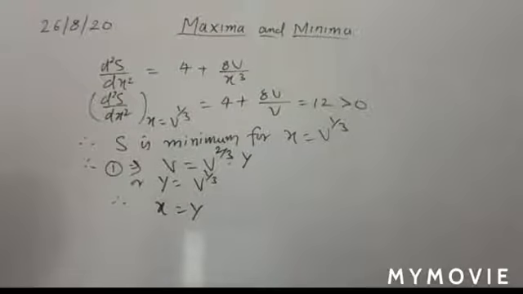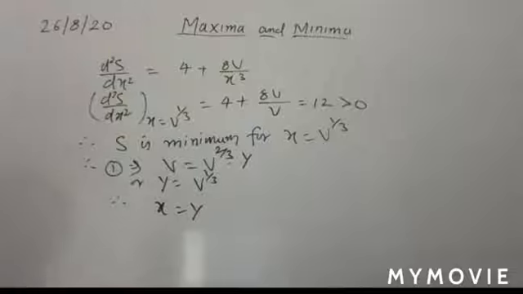Okay, the box is just like a cuboid with a square base. The material required to prepare that box for top and bottom is rupees 5 per square meter, and for your sides it is given as 2.50 per square meter. So here you have to find the minimum cost of that box.